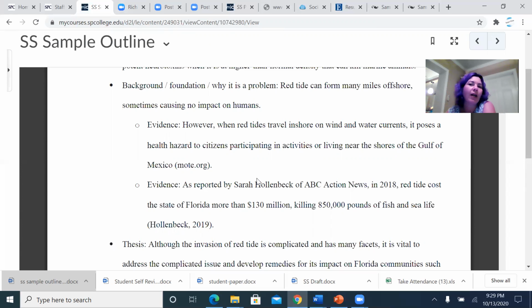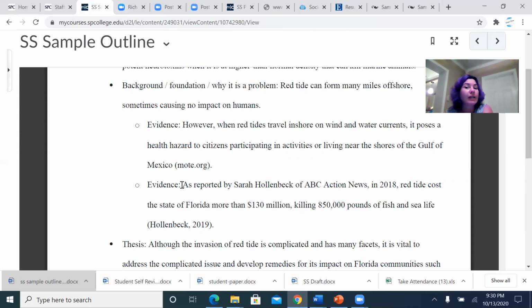We're not just reading one source and then summarizing it and then moving on to the next. We're reading a variety of sources and blending together the information to develop our own new ideas of how we can solve some of our society's problems. Okay. So most of your sources aren't going to necessarily directly state the solution. If we had solutions, they wouldn't be problems anymore, right? So please make sure you've read a variety of sources.